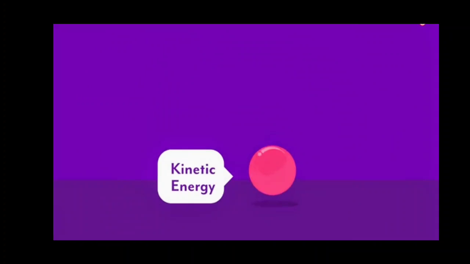So due to this it possesses kinetic energy. So the ball at a certain height possessed potential energy, and when it is dropped down to the ground it possesses kinetic energy. As we keep on reducing the height,